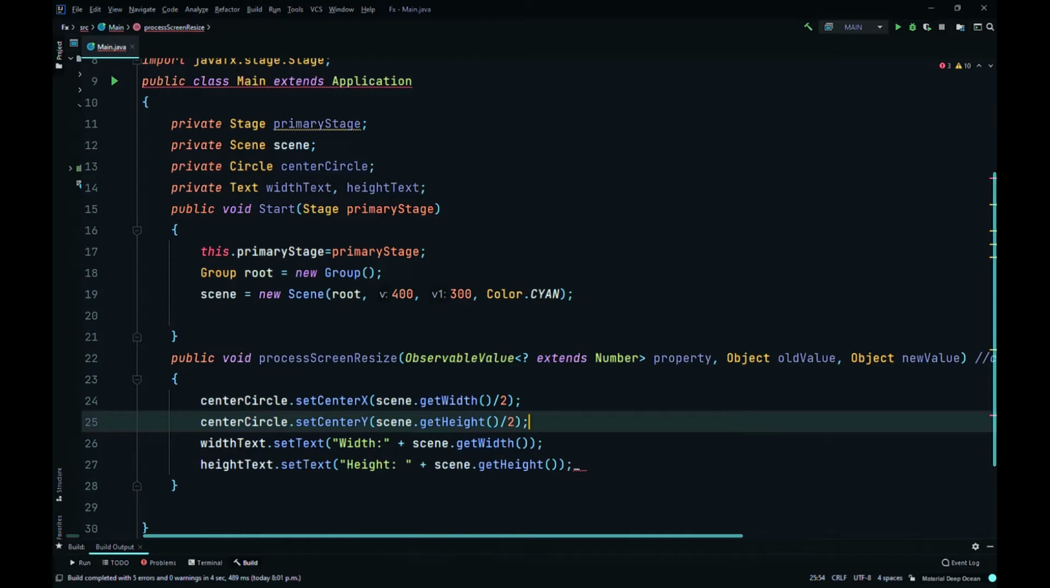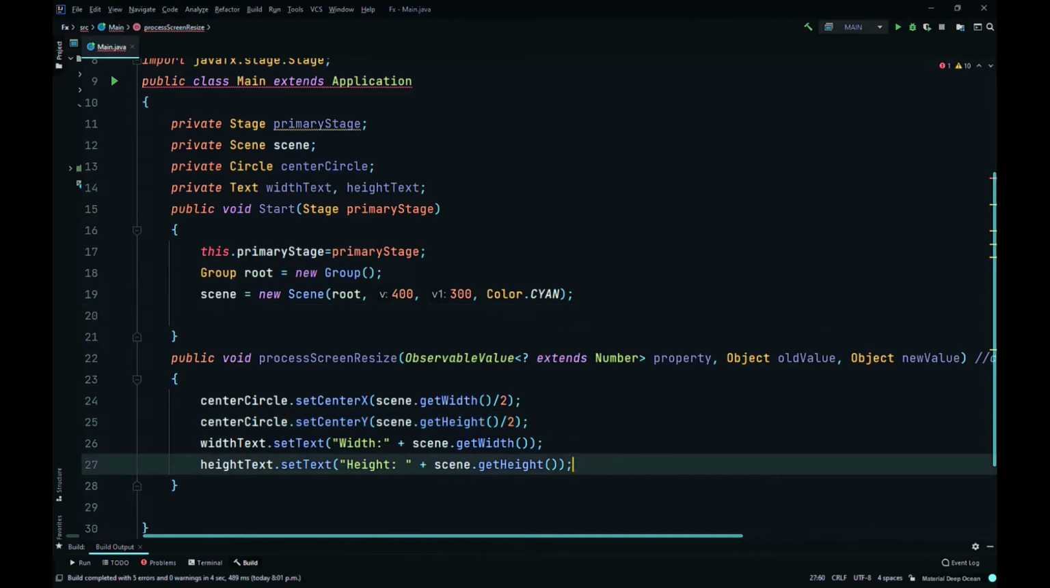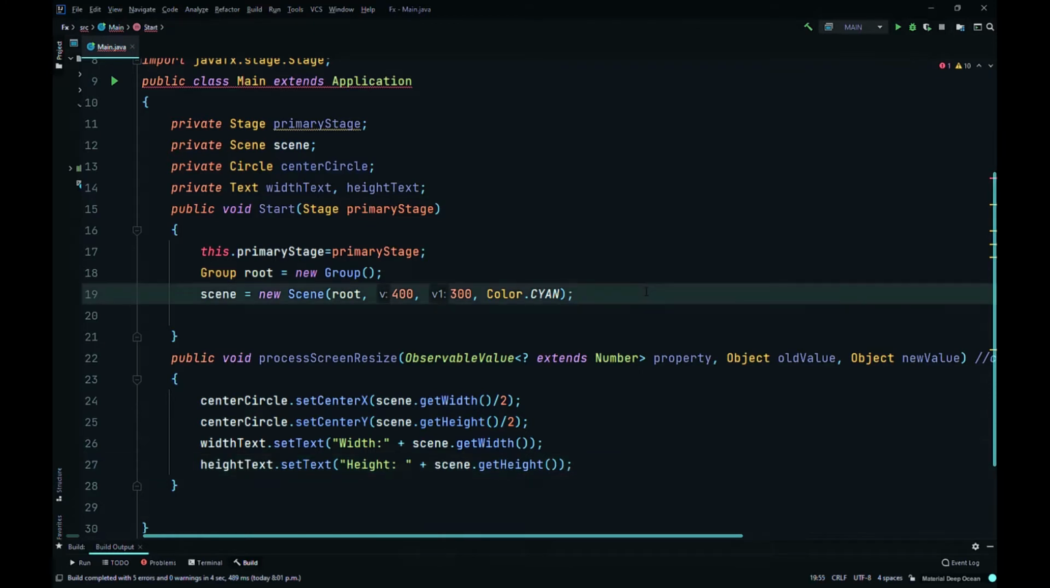Then we're going to set the text to the width text. Where is widthText? Did we create it? No, we didn't create that yet. So we'll create that now. It's going to be a string property. Oh no, it's going to be a